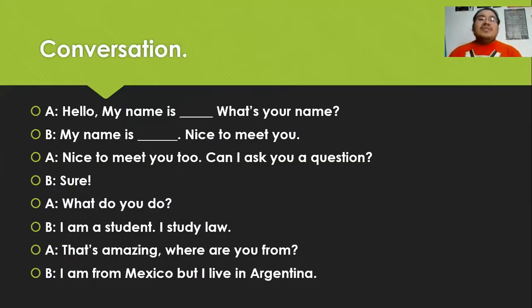Now, look at this conversation. Chequen esta conversación. This is a conversation about two people that are meeting each other for the first time. Esta es una conversación acerca de dos personas que se conocen por primera vez. They are talking about the things they do. Hablan acerca de las cosas que hacen, and the things and the places they are from y del lugar del que son. All right, so this is pretty simple. Esto es muy fácil. This is an exercise about pronunciation. Este es un ejercicio acerca de pronunciación and the application of the concept y la aplicación del concepto. Check this out. Chequen esta conversación.